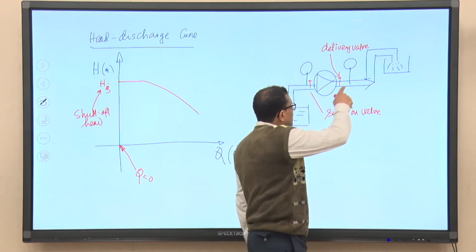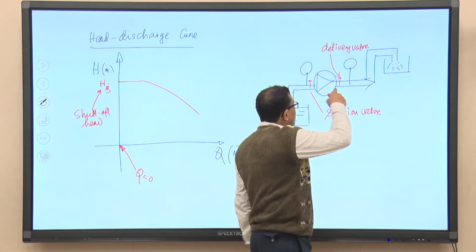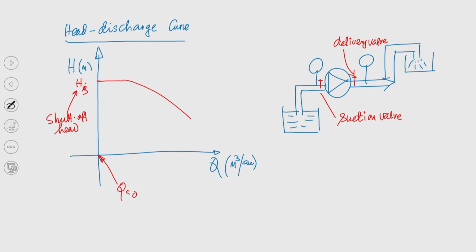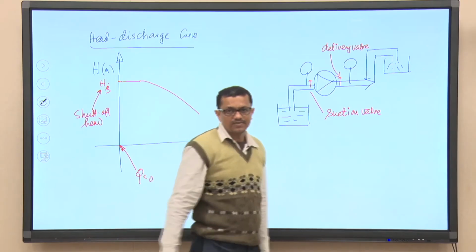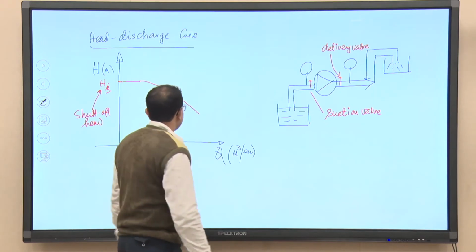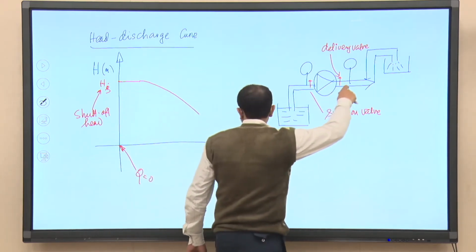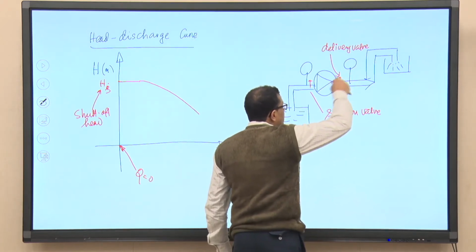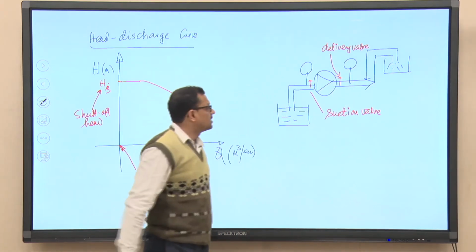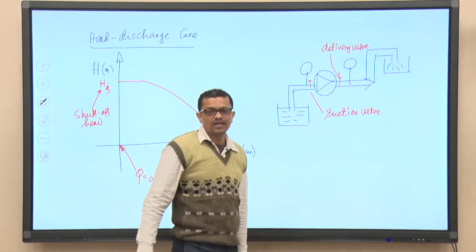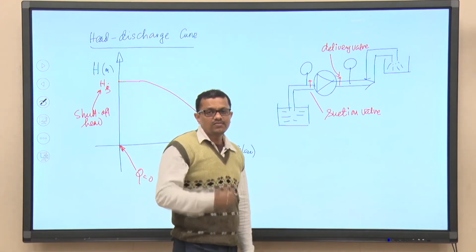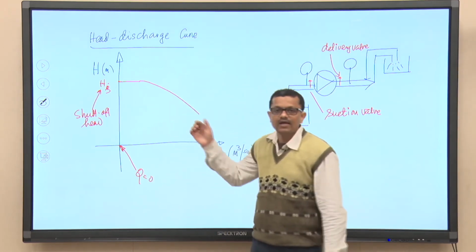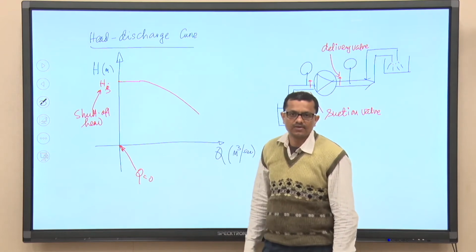But for the time being, at least the head developed by the pump will be reflected at the delivery line, because the pressure there is very high, and that is the objective of this pumping station. Now, if we gradually open the delivery valve until it is fully open, then because of this flow rate there will be frictional losses which will consume a part of the head developed by the pump, and as a result it will have a continuously drooping characteristic.